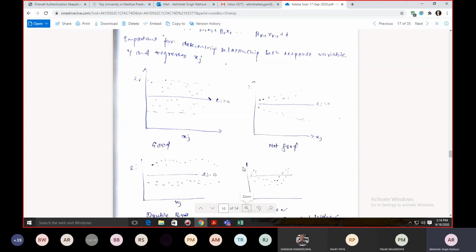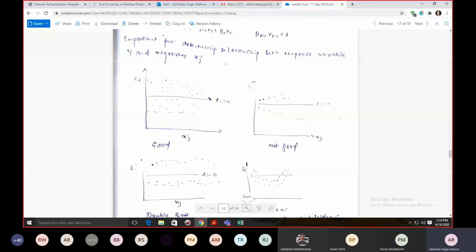In the fourth case we have a non-linear pattern, which is again considered a not good model, because we require a higher order term, let's say x square or x cube, and we have to apply a transformation. We can go for a transformation like log of y, or 1 upon y. These are transformations we can use, depending on the order of the higher terms to be added to your regressor model when you get this non-linear relationship.